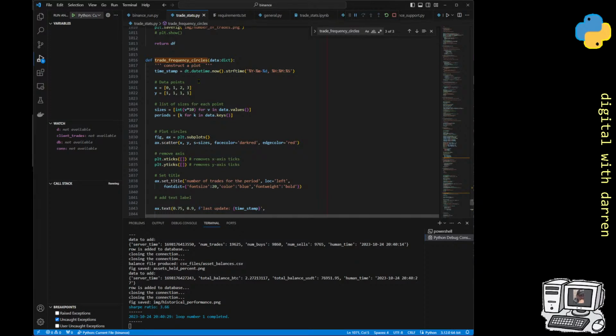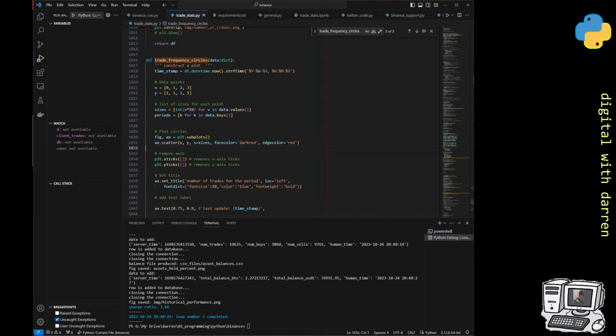But this whole fig axe thing and all the rest of it in matplotlib is a horrible disaster basically. I don't like it because I don't get this dot notation and it's just frustrating me actually. But